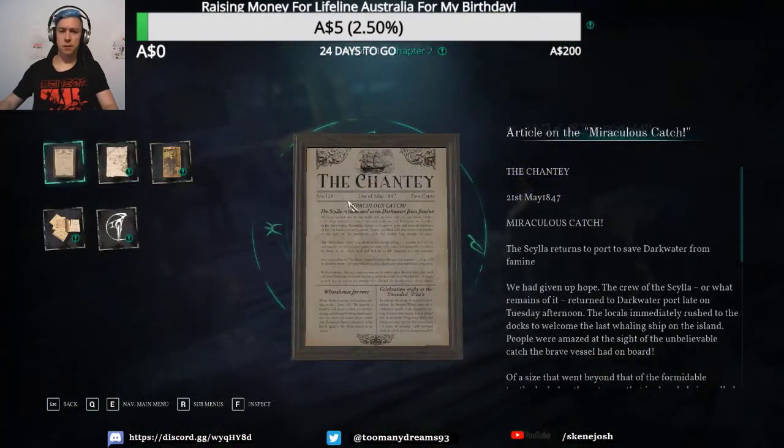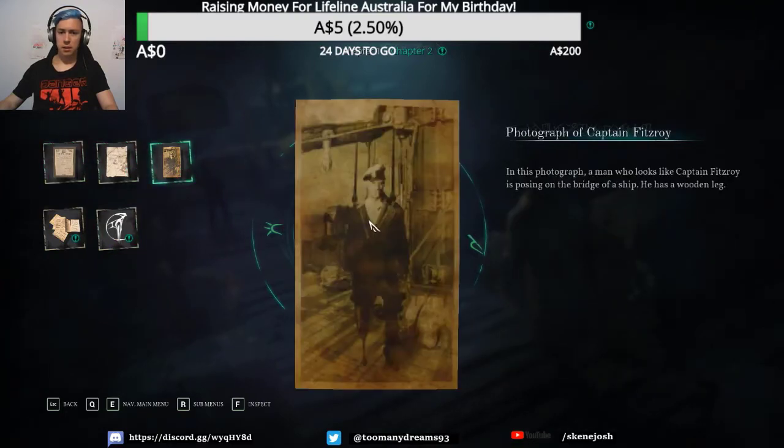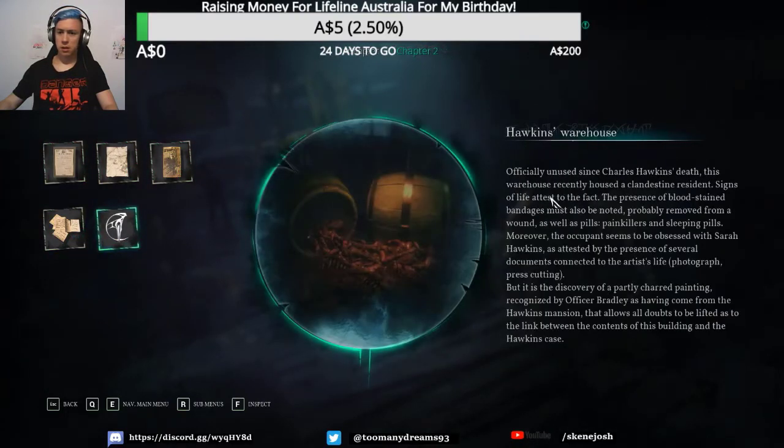Alright, clues. Read that. Okay. Officially unused since Charles Hawkins' death, this warehouse recently housed a clandestine residence. Signs of life attest to the fact. The presence of blood-stained bandages must also be noted, probably removed from a wound, as well as pills, painkillers, and sleeping pills. Moreover, the occupant seems to be obsessed with Sarah Hawkins, as attested...